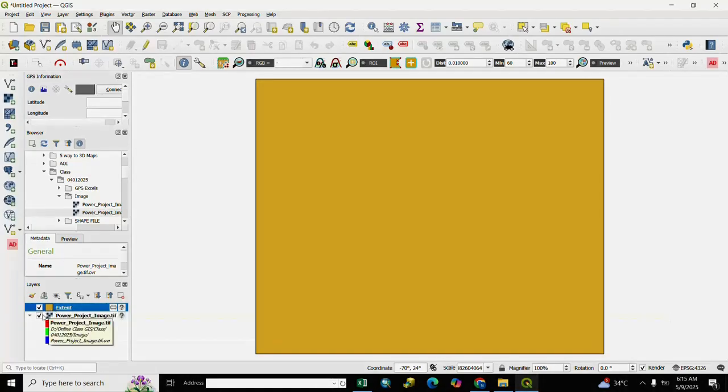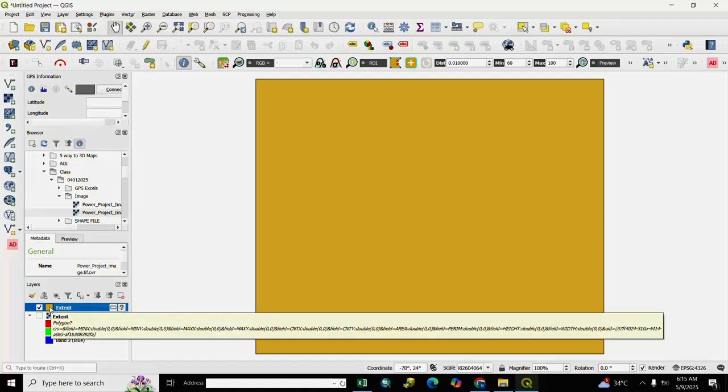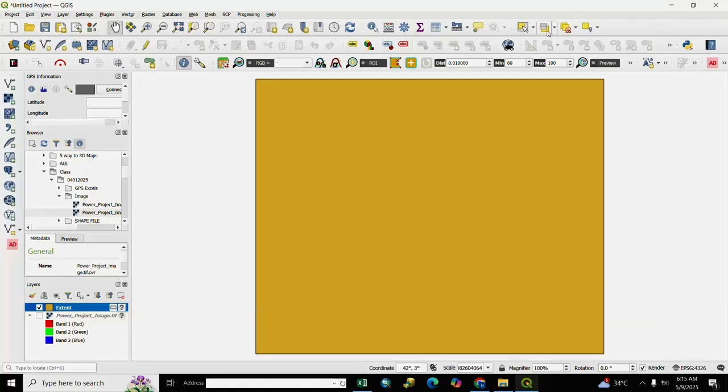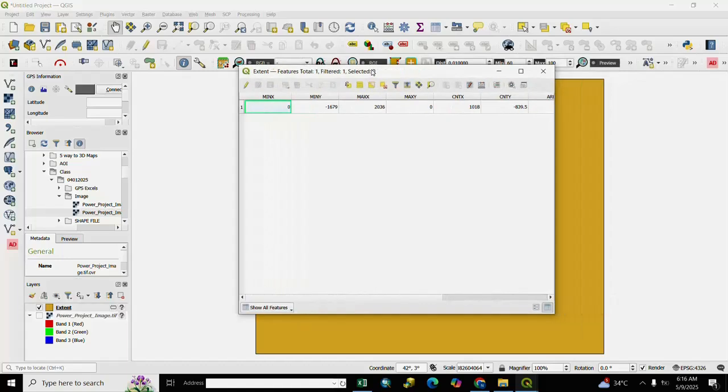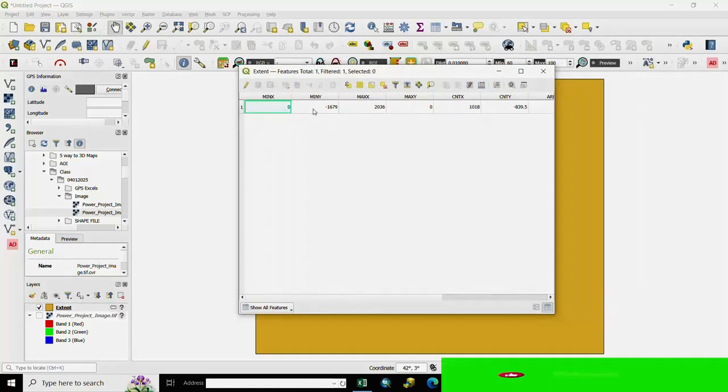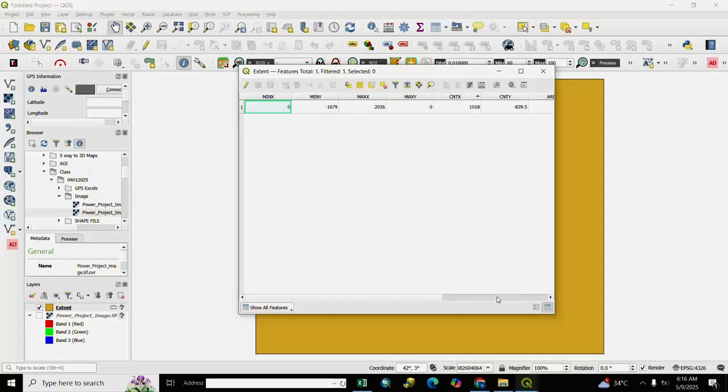If you want to see other details, you click and go to table. Here are the details: minimum, maximum x, maximum y, center x, center y, and height and width.